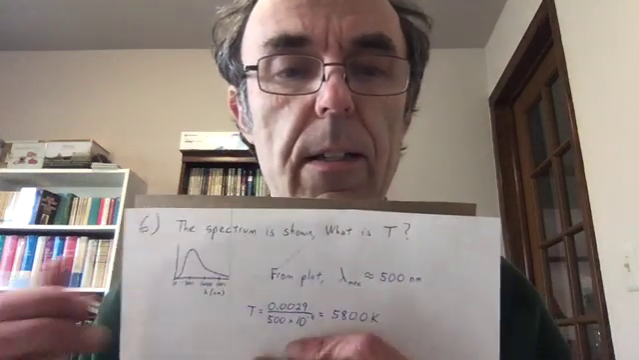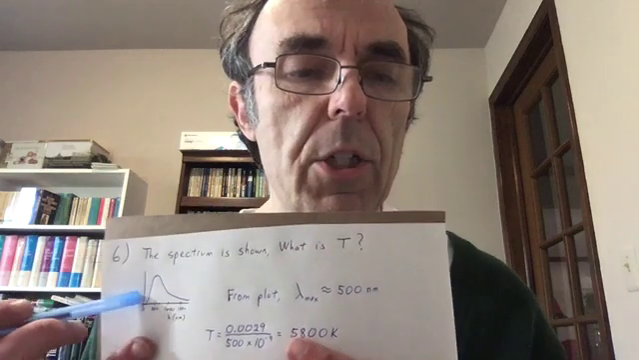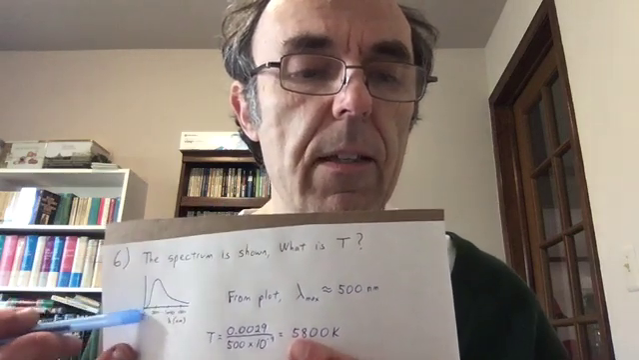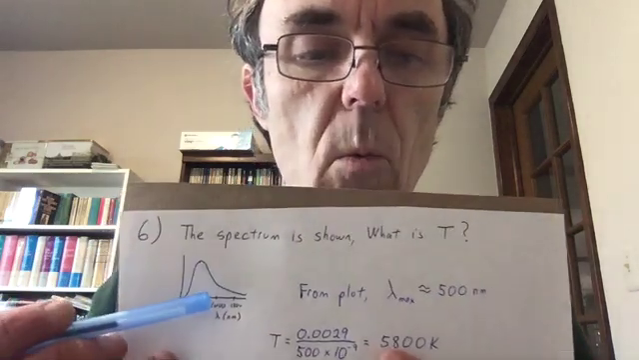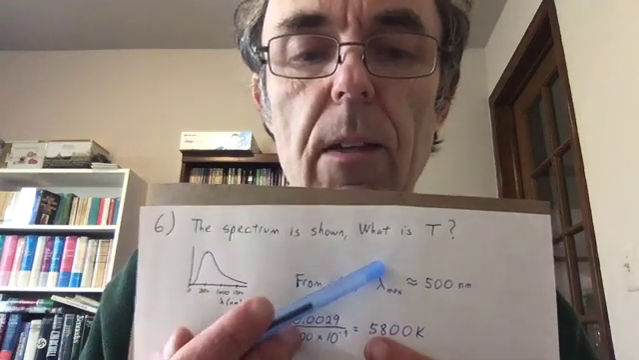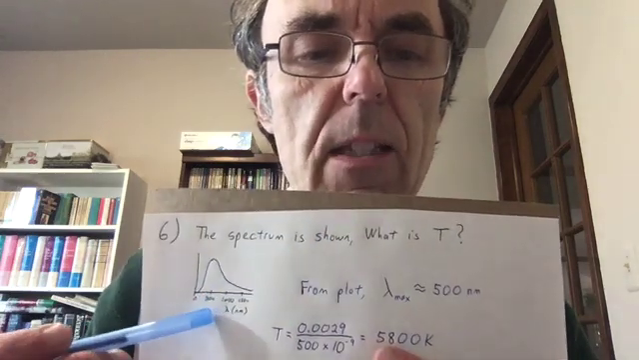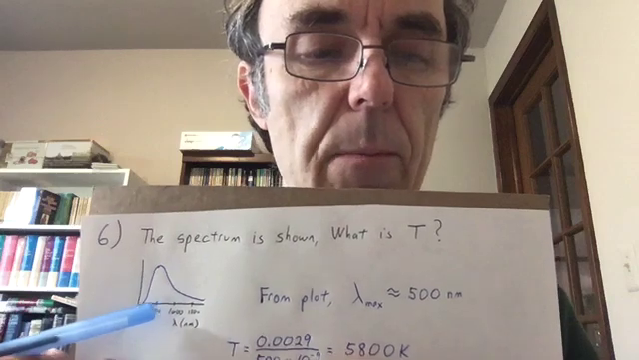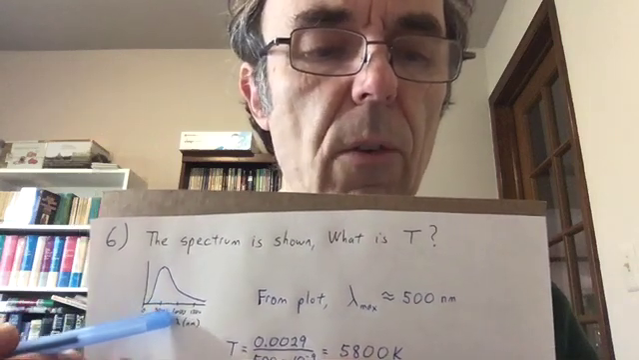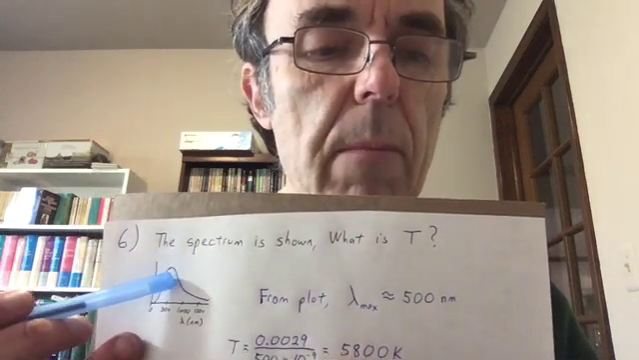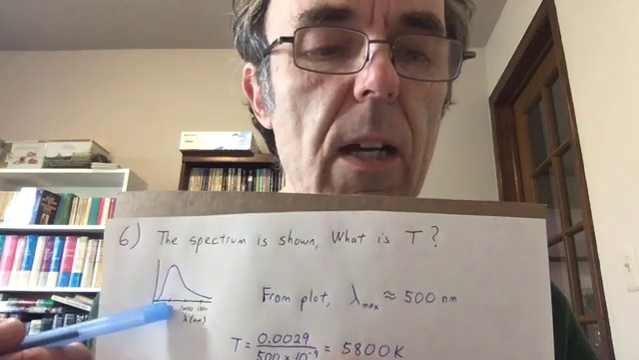All right, number 6. The spectrum, this would be the black body spectrum, is shown here. Intensity versus wavelength. What is the temperature of this object? Okay, well, this is a case where you have to get some data from the plot. Remember, what you're looking for is we need to get the maximum of the temperature, so we use Wien's displacement